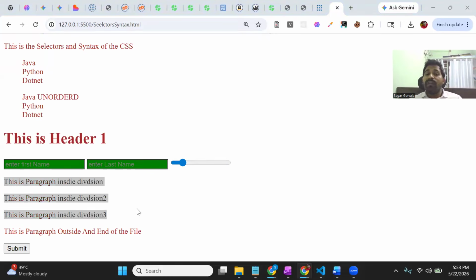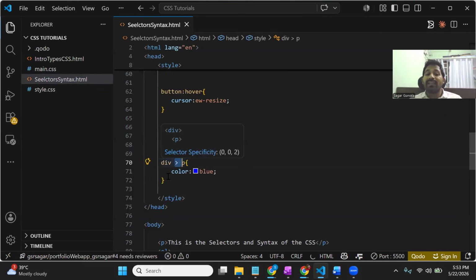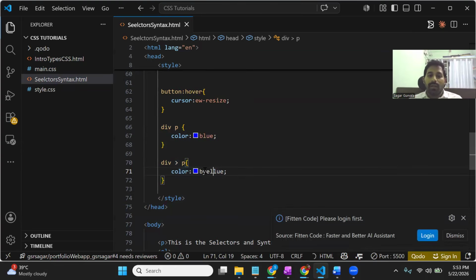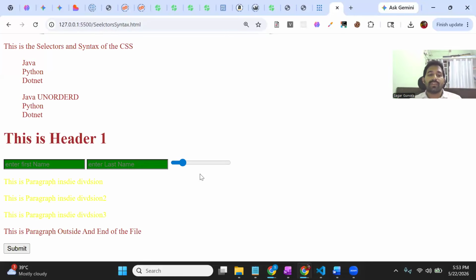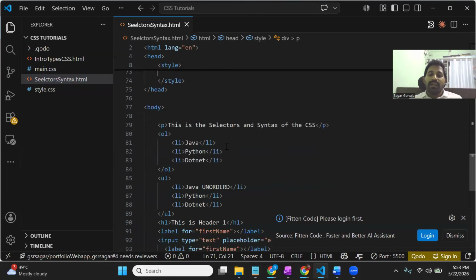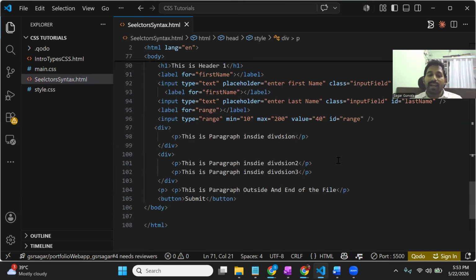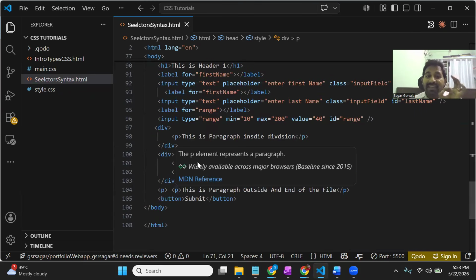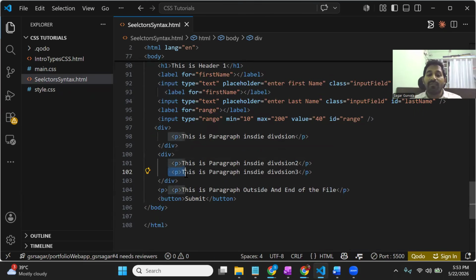This is also the same. It will be a combinator. We can call it a combinator. It means all the children inside the division should also be color blue. Okay, so now there is a requirement that I want to get only the adjacent sibling of the